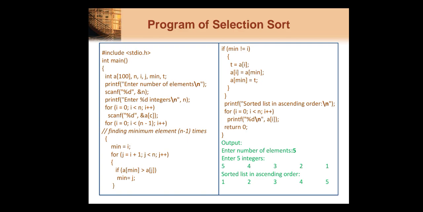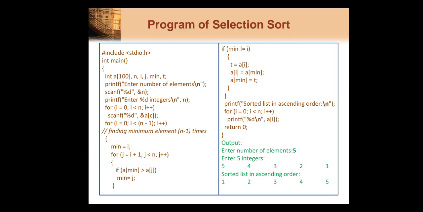Once I have accepted the elements for my array, whatever logic we have seen in the algorithm, the same logic we are using here for applying the selection sort. What we are doing: this outer for loop is for the number of passes, then we set minimum equal to i, that is, we consider that the element present at the first position is the minimum element, and then we have started the inner for loop, which is used for the number